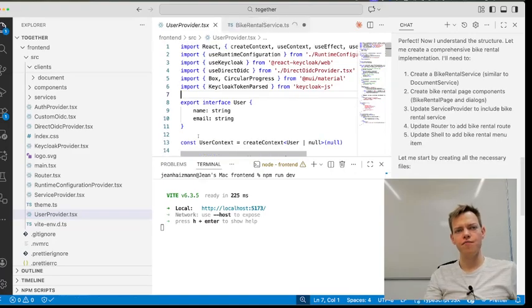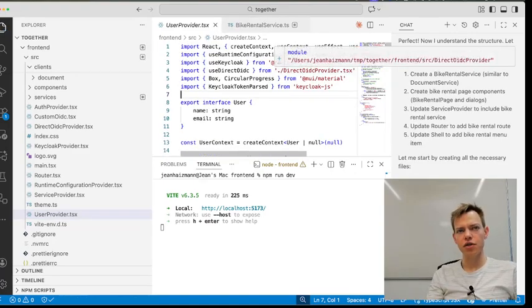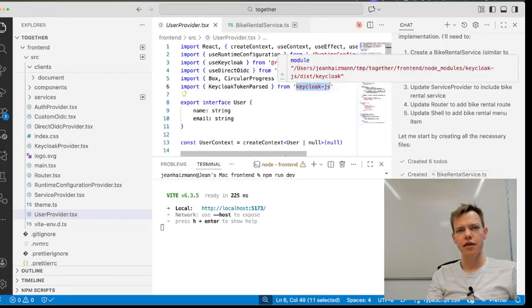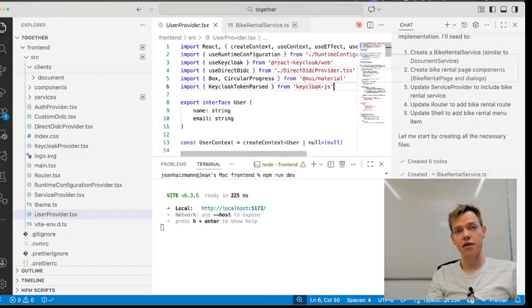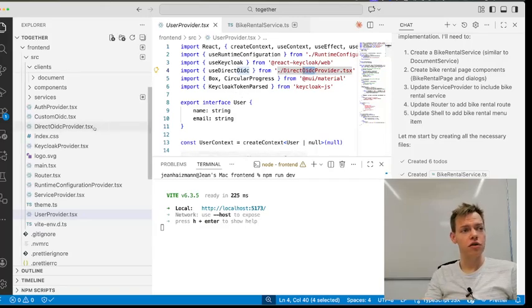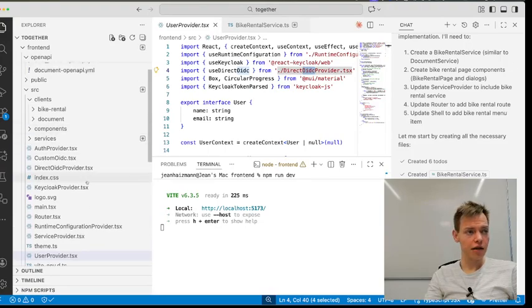Either you can use OIDC, which is this protocol that we were looking at before, or you can also look at Keycloak.js. Keycloak is an open source identity and access management system that allows you to manage users for a proactive system. And for now, we're using this OIDC provider because we're still in that dev mode I was mentioning before that allows you to start very easily. And then we have all of this